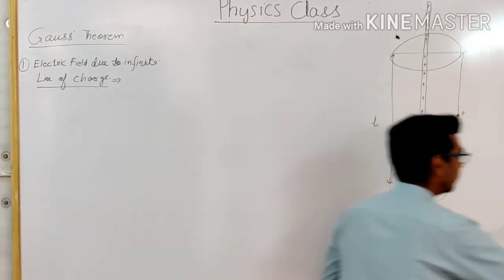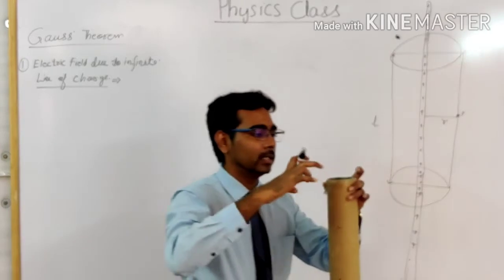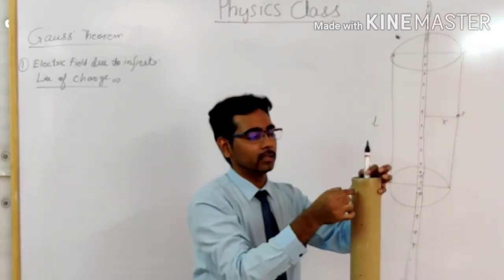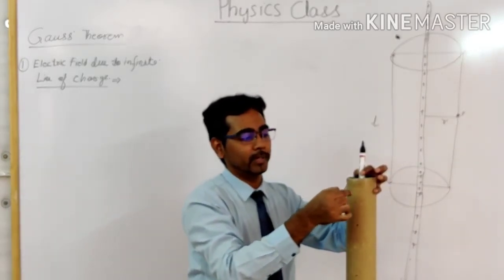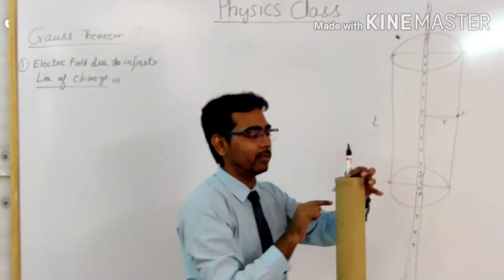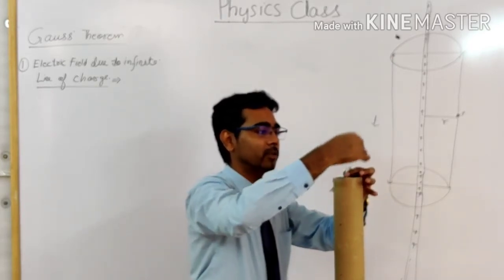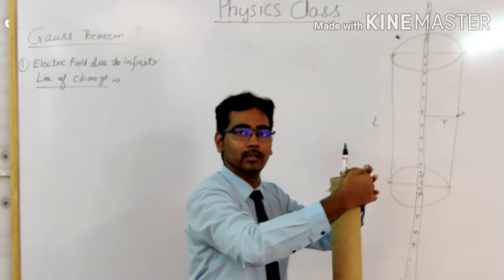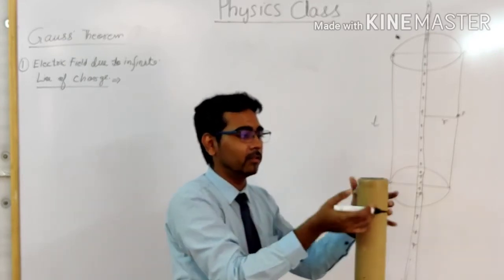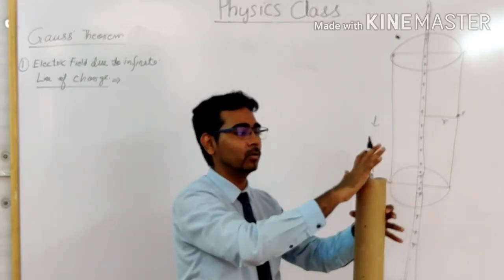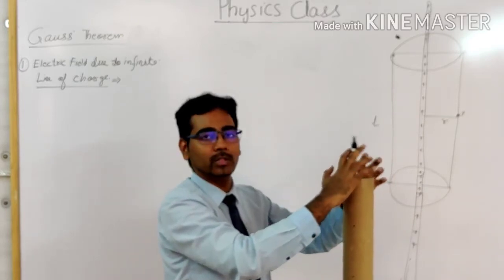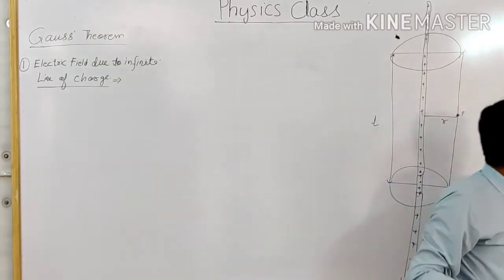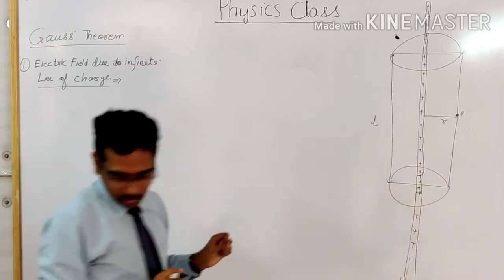Okay, what I am trying to say is that if this is the wire and this is the point, so you chose the point over here, here, everywhere the point is R distance from this wire. Got it? And this is the symmetry, now our Gaussian surface is holding a symmetry with respect to this charge distribution.